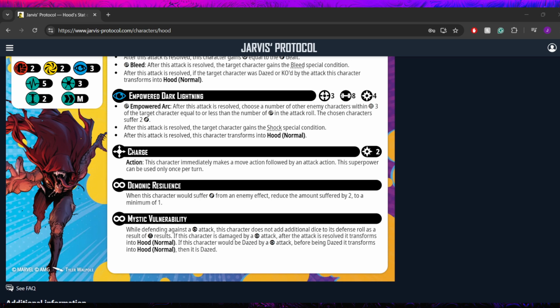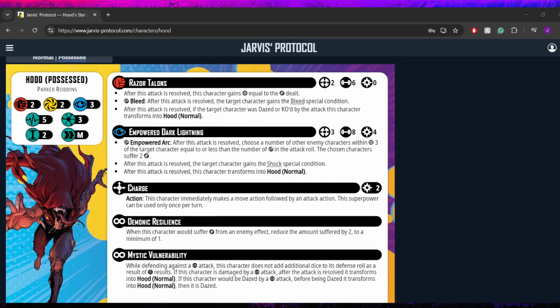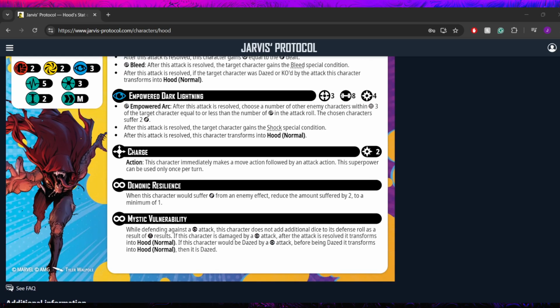The last thing on his card here is Mystic Vulnerability. So on our normal mode, we were best at Mystic. This time it is a weakness. While defending against a Mystic attack, this character does not add additional dice to its defense roll as a result of crit results. If this character is damaged by a Mystic attack after the attack is resolved, it transforms into Hood Normal. If this character would be dazed by a Mystic attack, before being dazed, it transforms into Hood Normal and then is dazed. So anytime you take any form of Mystic damage, you're going to jump right back over